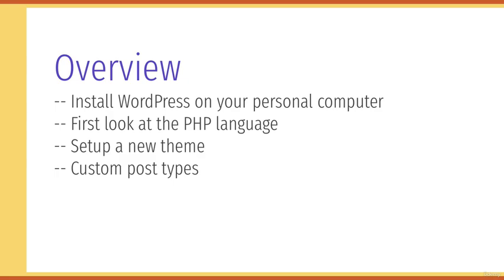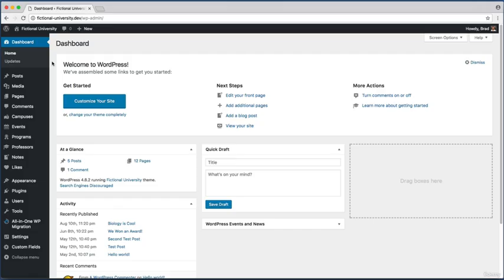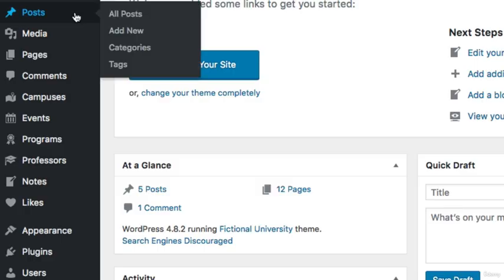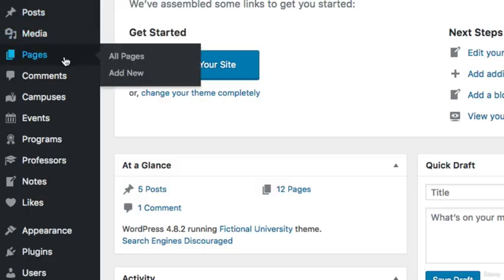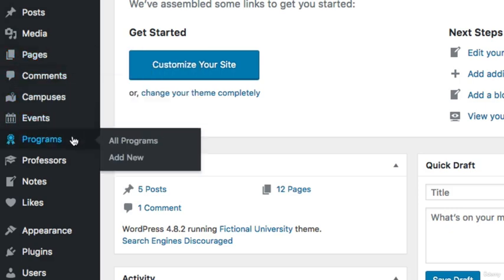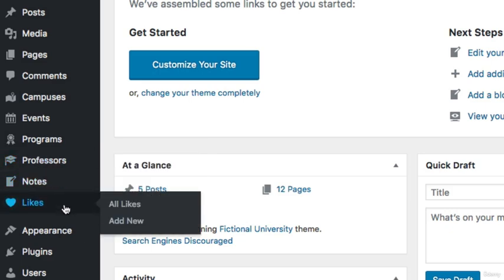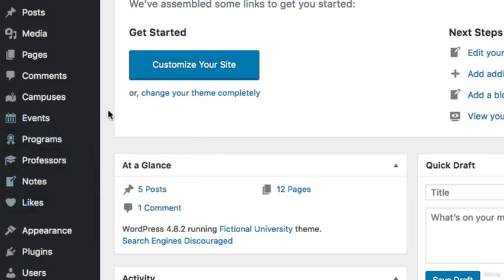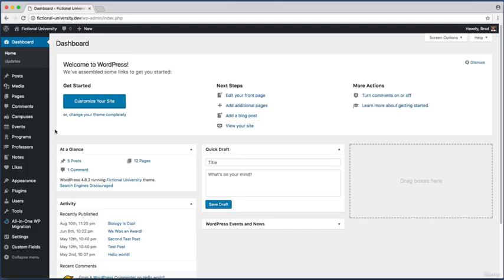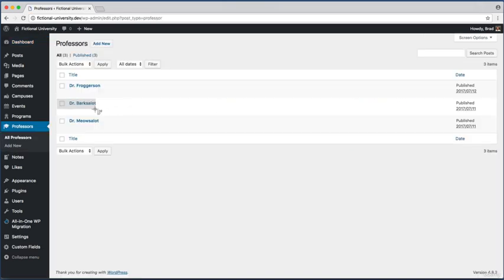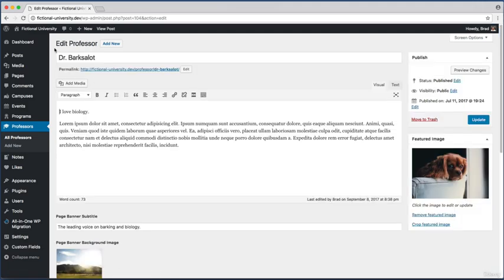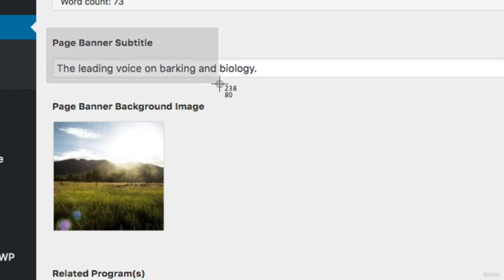For example, let me show you the admin dashboard for our finished product in this course. In my sidebar, we see posts and pages, just like in a normal WordPress installation, but I've also got campuses and events, programs, professors, notes, likes. And each of these post types has its own unique set of fields, instead of just a generic title and body field. So for example, if I click on professors, and then if I click to edit my professor named Dr. Barks-a-lot, yes, we do have the generic title and body field, but we also have page banner subtitle and